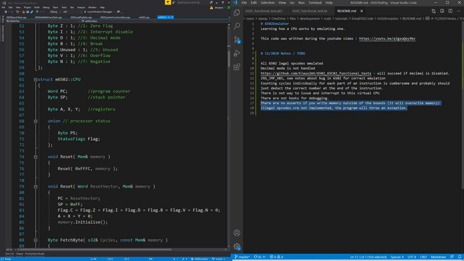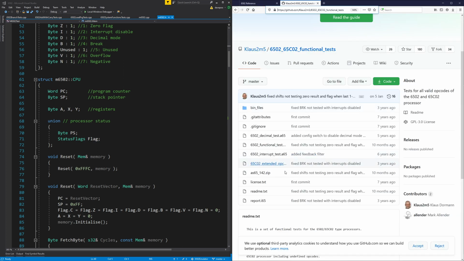So there possibly might be a next video. I might attack some of these. I'm very grateful to Klaus 2 and 5 for making this program, because regardless of whether this is even a valid functional test program or not, the point is that it was compiled with a separate compiler and it did run all the way through to a certain point. So clearly the fact that it isn't crashing and it isn't doing illegal opcodes and stuff like that is a good sign. But this looked like it tested a lot, because it did find a lot of problems, mostly in the break